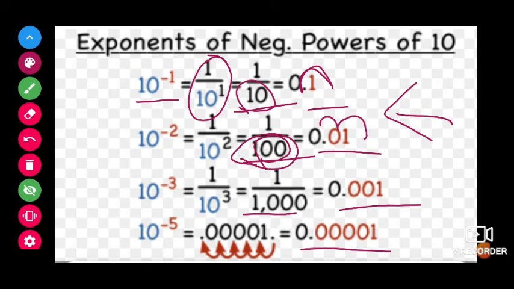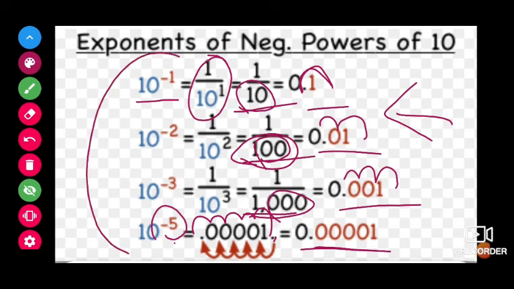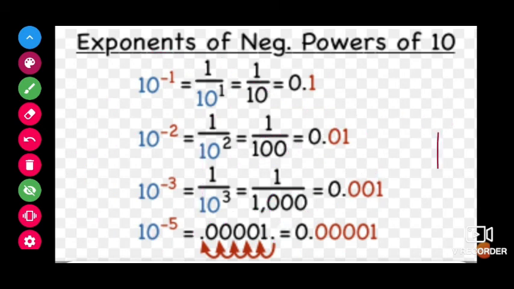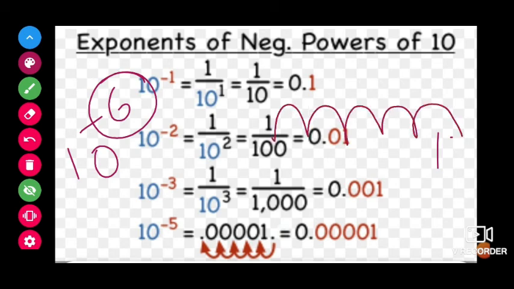Now if it is 10 to the power 3, that means 3 zeros, then 3 places. If it is 10 to the power minus 5, we should place a point 5 places to the left. So point here is 1, then 1, 2, 3, 4, 5. So we will get 0.00001. So whenever you see 10 to the negative power, you can write directly according to how much the power is. For example, if it is 10 to the power minus 6, then you have to move it 6 places, like that.